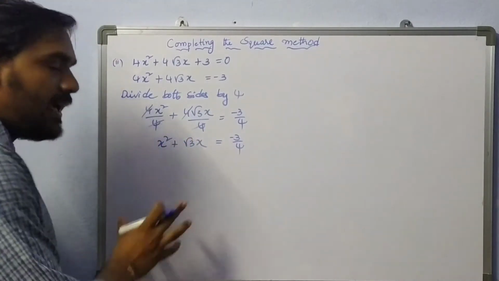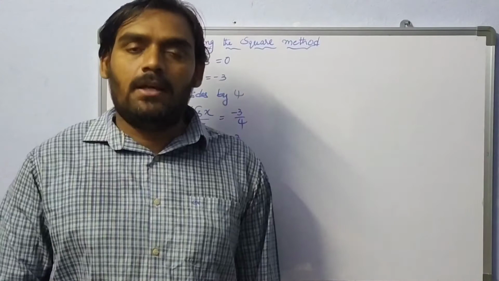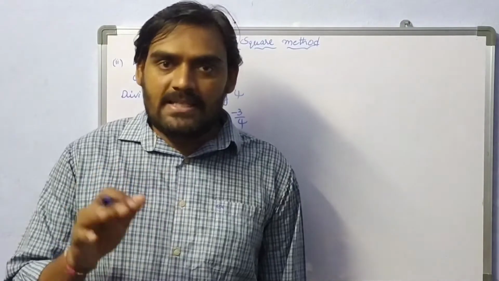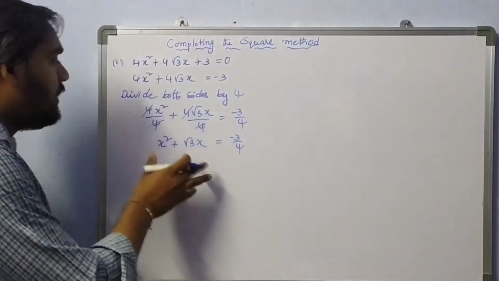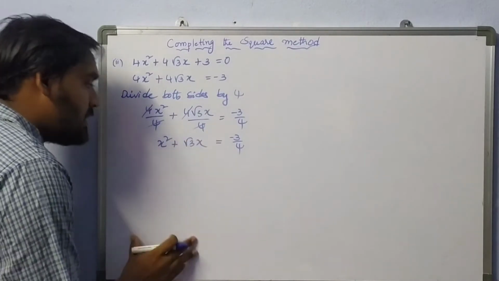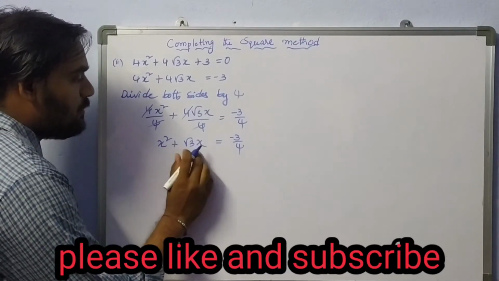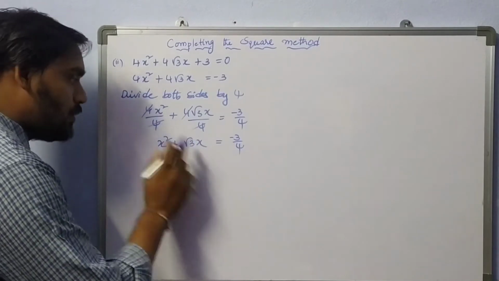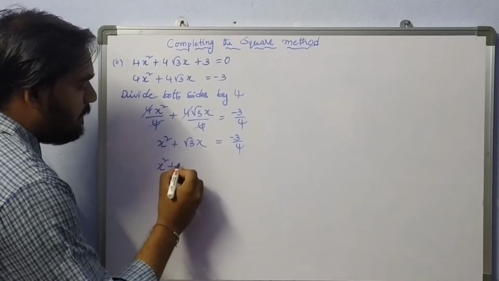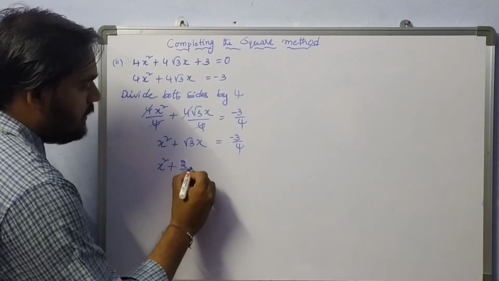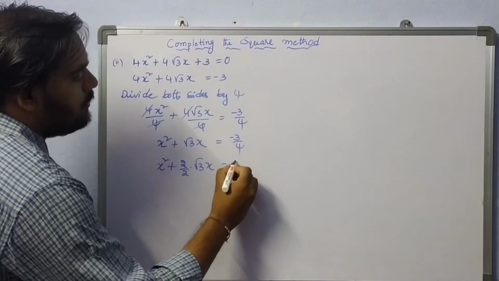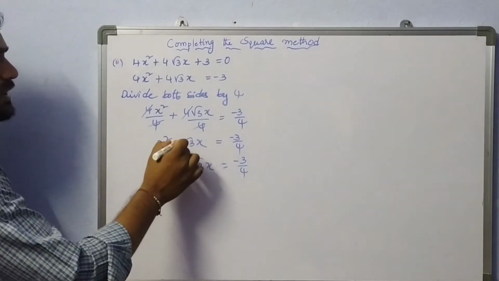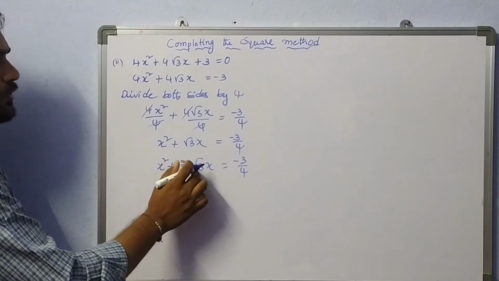See here, left hand side we need to write as perfect square. So that should be in the form of a plus b whole square or else a minus b whole square. So here, if I need to get a plus b whole square, here I need to multiply with the 2 as well as I need to divide this term with 2. At that time, this will be x square plus 2 by 2 into root 3x is equal to minus 3 by 4. If I write 2 by 2, there is no change. Root 3x can be written as 2 by 2 into root 3x.